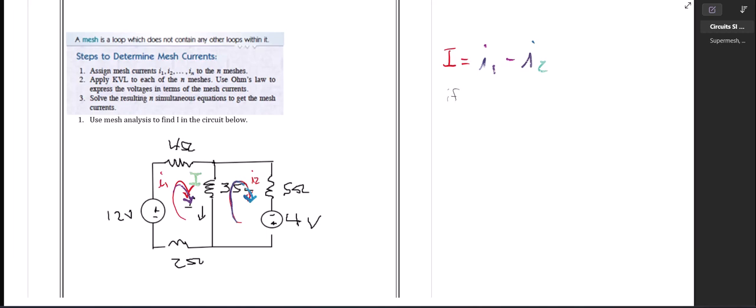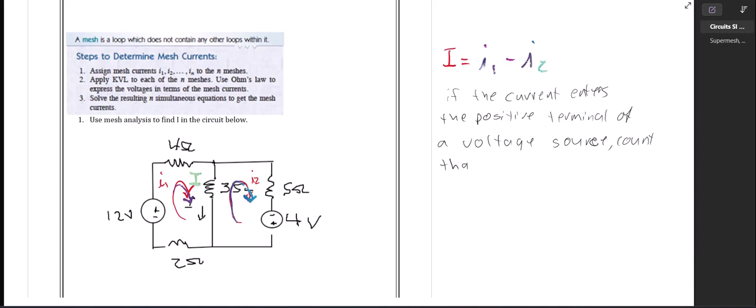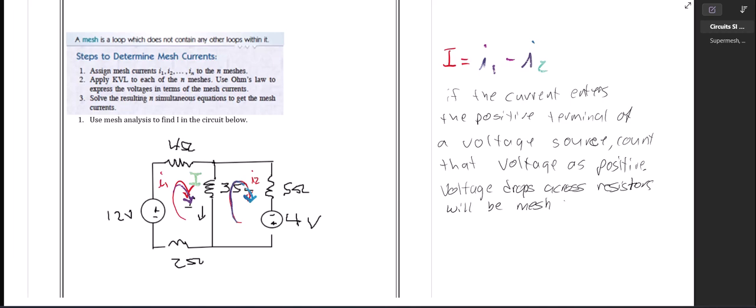And if the current enters the positive terminal of a voltage source, count that voltage as positive, and voltage drops across resistors will be your mesh current